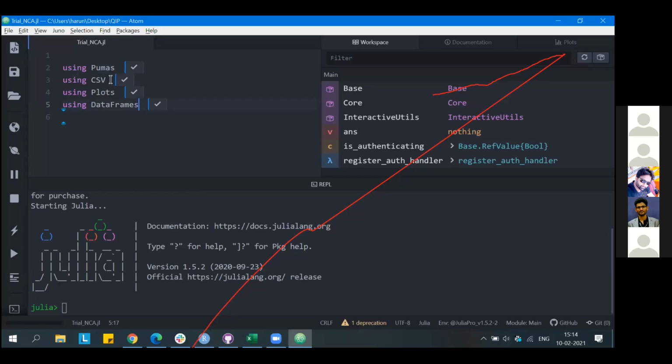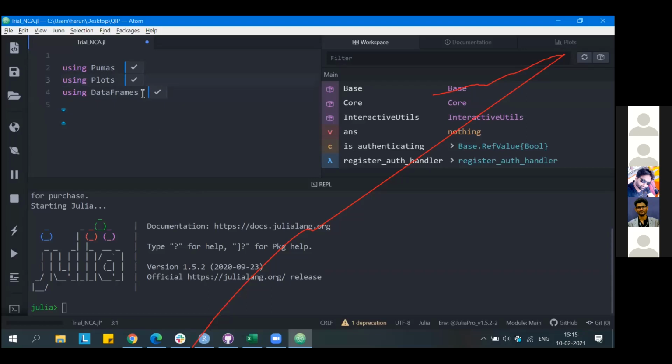Let's say if you have not executed using CSV, and you have executed only Pumas, Plots, and DataFrames, you won't be able to import your file into this environment. Is that clear? So whatever function you perform should have its package called in with the using command.